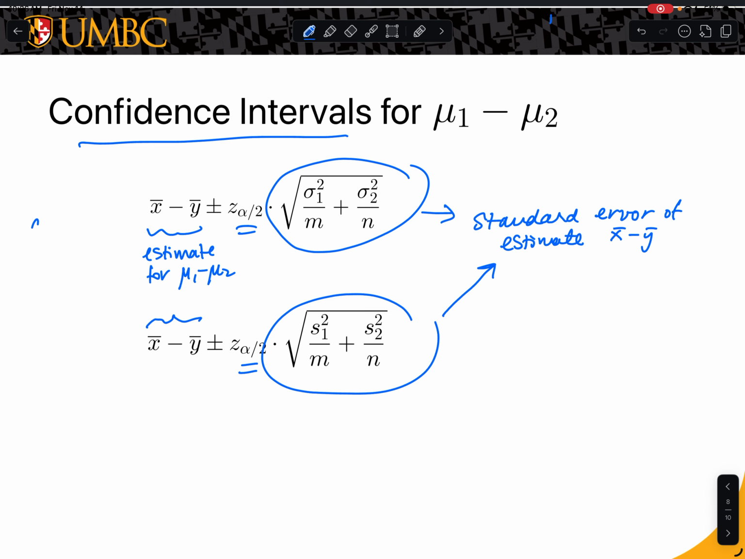So this one is a case 1. This is a case 2. And those should all feel very easy. They'll be very similar to how we did confidence intervals for case 1 and case 2 in the one population situation. Okay, that's it on